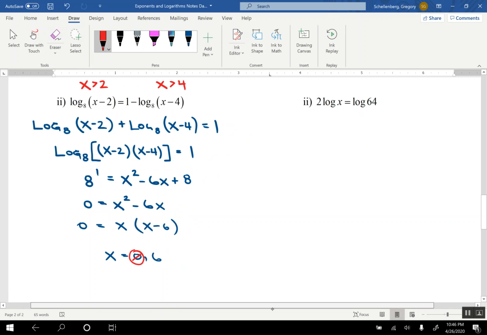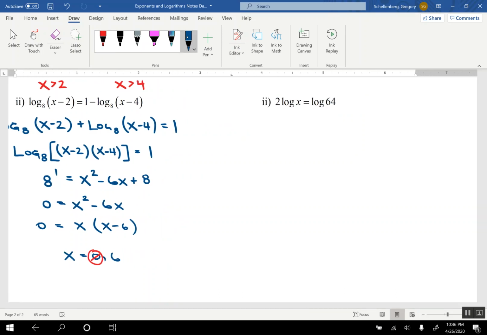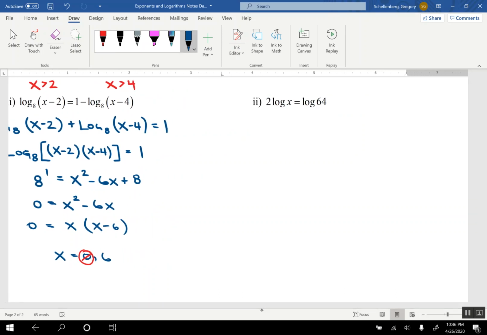Okay, next one, so we've got 2 times the log of x. I'm going to use power law, and so I'm going to manipulate this equation to be a type 1 equation. I'm going to use power law here. The coefficient 2 is going to become x's exponent. So we get the log of x squared